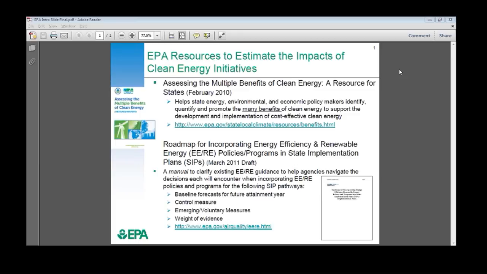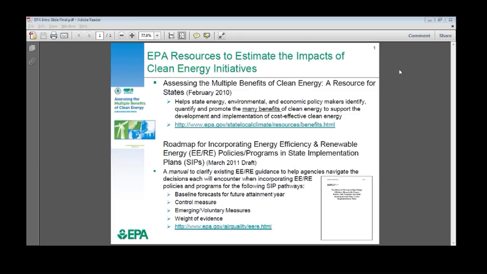In February, we released a document assessing the multiple benefits of clean energy, a resource to help states and to some extent localities know what we mean by multiple benefits and how you can estimate them. The document describes these benefits of clean energy: the energy benefits, many of them we described in our last webinar; the environmental benefits, specifically air and health, we'll be covering air today; and the economic benefits, which will be described in a subsequent webinar. The document presents methods and tools available to help you estimate the different benefits, ranging from simple to sophisticated approaches. It identifies when to use them and includes case studies and results that others have found.